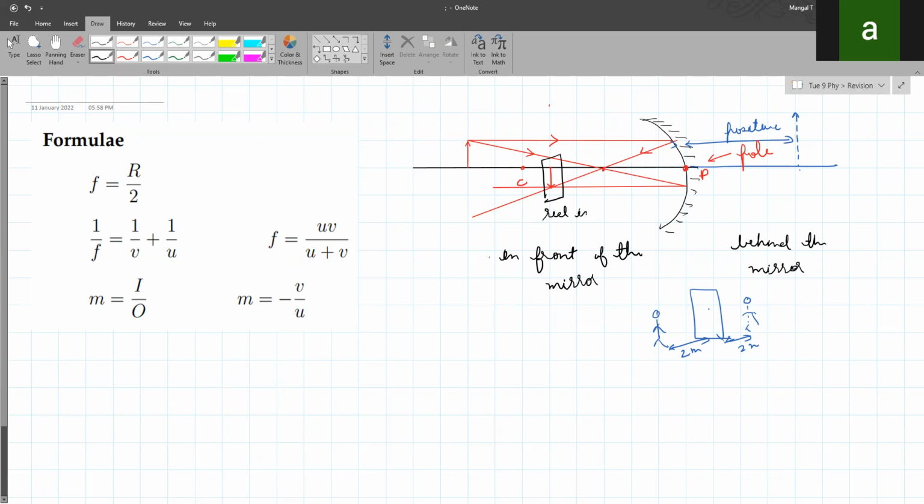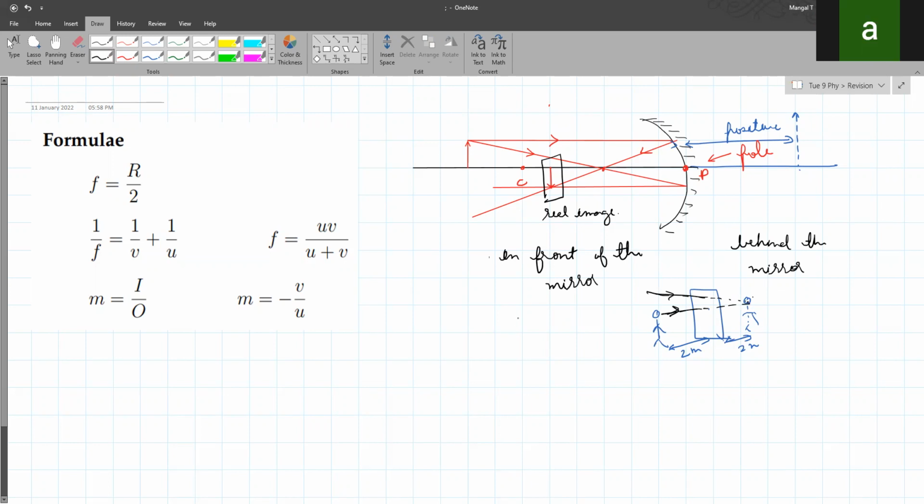So if we don't place a paper or anything, we can't see the image? You can't see the image. And the image we always see in the mirror is a virtual image. The rays are supposed to meet there. So when we see it, we perceive the image over there, but there is no actual image formed.